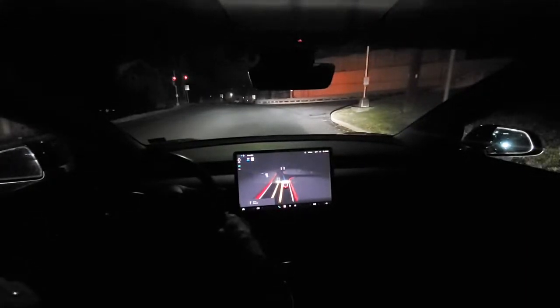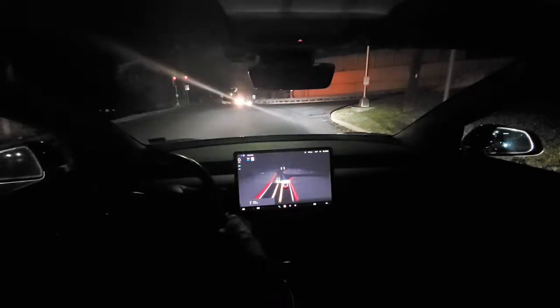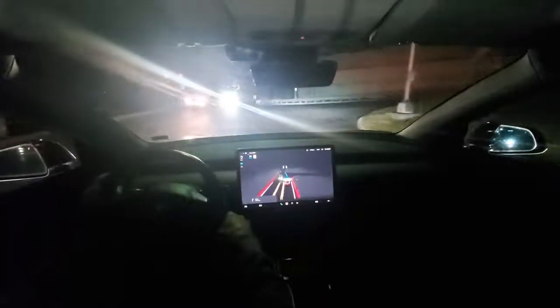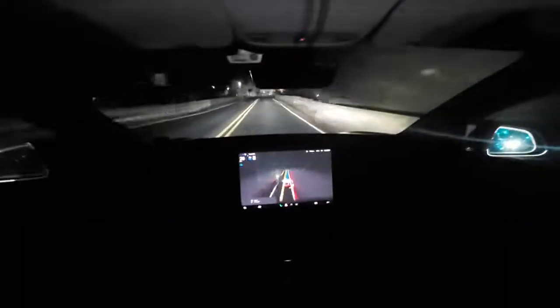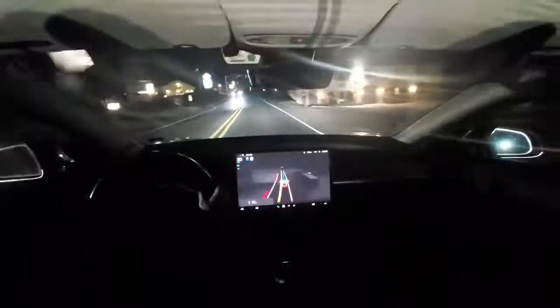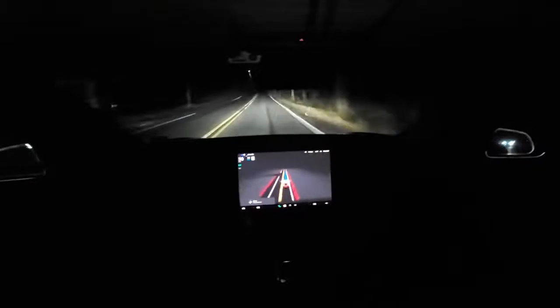The problem with the autopilot is it would never slow down when it had to make those two sharp turns, and so it would just basically take that too fast, and it slowed down to 25 miles an hour, and then even slower. I'll have to look at the video. Some interesting curves here. Let's see if it stays in its lane. It does. And then there's a V here, a shoot off to the right, and whoa, little close there, but it took it,